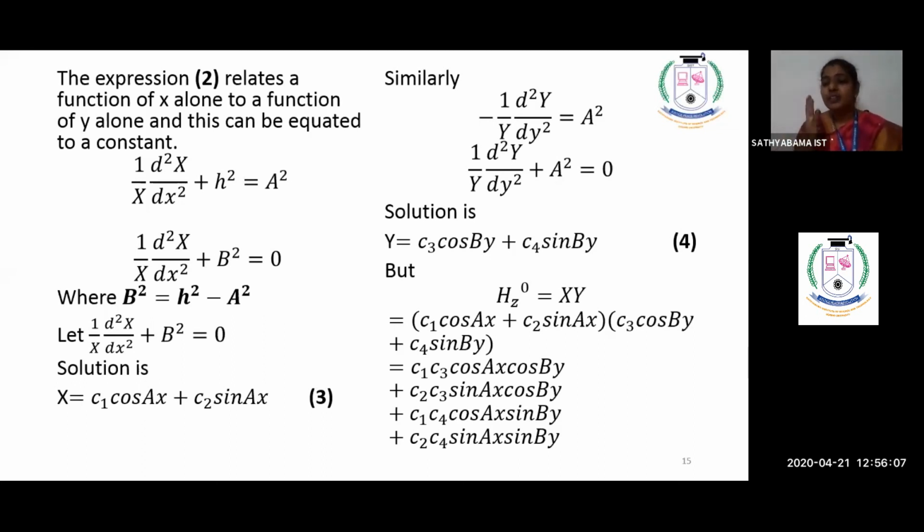If you want to find four constants, you have to write the boundary conditions. What are the boundary conditions? Just now we said you have four boundary conditions. Along the x direction, x equal to 0, x equal to a. Along the y direction, y equal to 0, y equal to b. Okay, these are the four boundary conditions you have to remember because it has side walls.